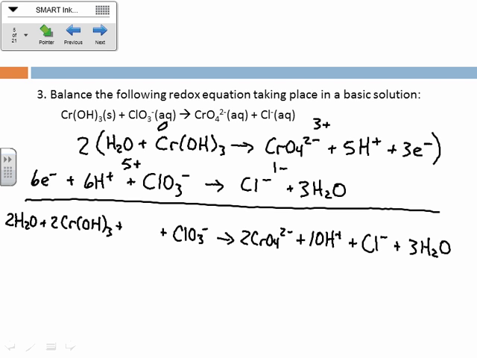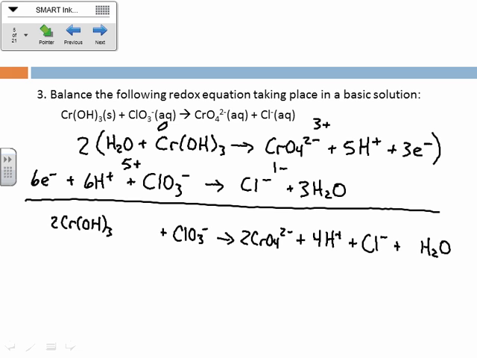So the H pluses go away on the left side, and then we change this to a 4 coefficient on the right. There's 2 H2Os on the left, so those also go away. And this just gets changed to a 1 coefficient on the right. Okay, so what we're left with here is 4 H pluses on the right side. Okay, and that can't happen in a